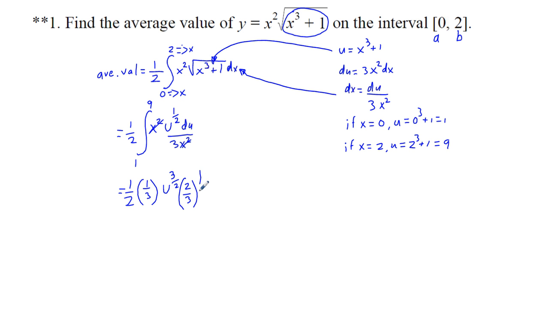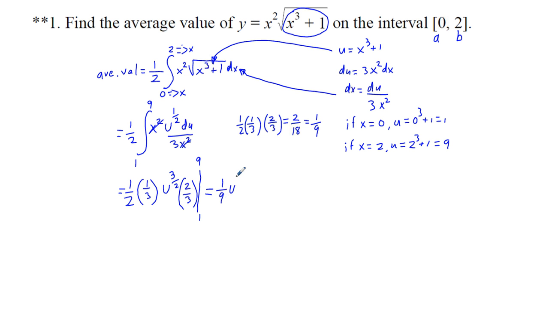And we're going to evaluate between u equals 1 and u equals 9. Now let's clean this up some more yet. We have 1/2 times 1/3. I'm going to write up here 1/2 times 1/3 times 2/3. We're going to multiply all these numerators together. We get 2 over 2 times 3 times 3 is 18. So we're going to get 1/9. So we're equal to 1/9